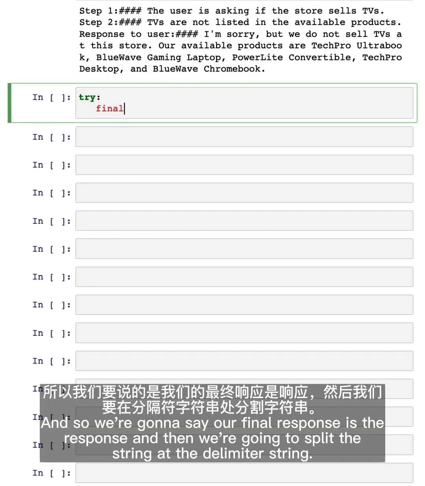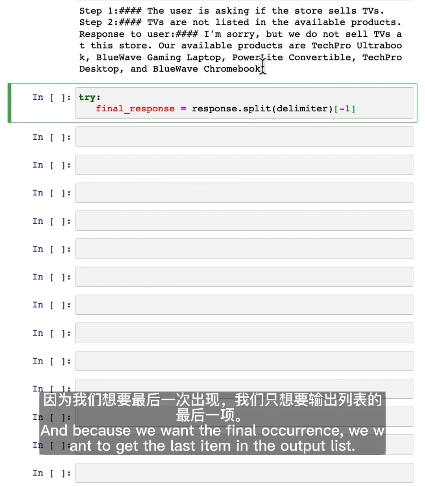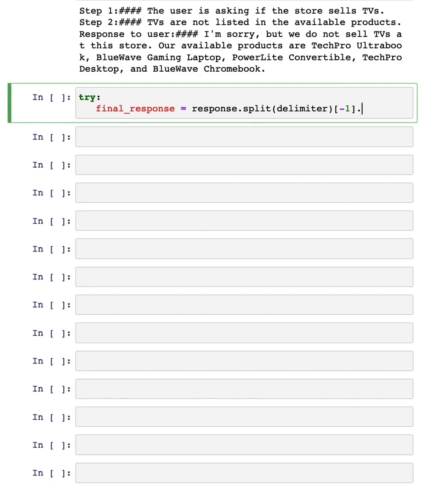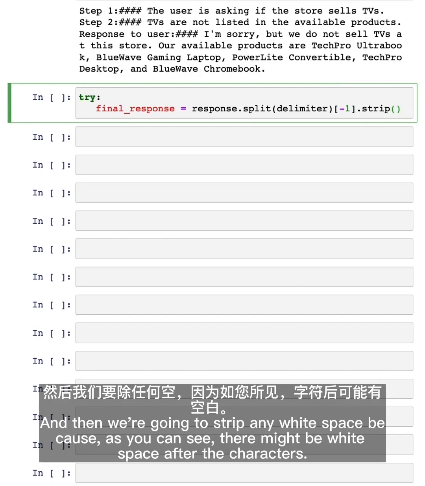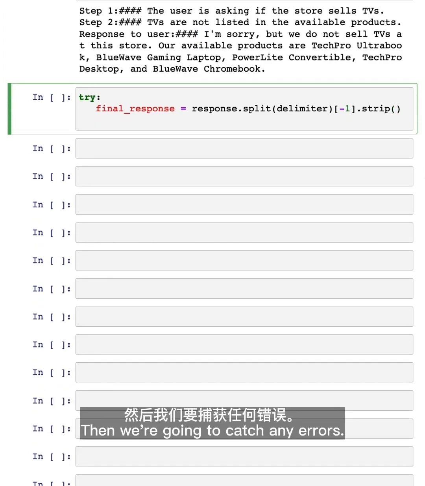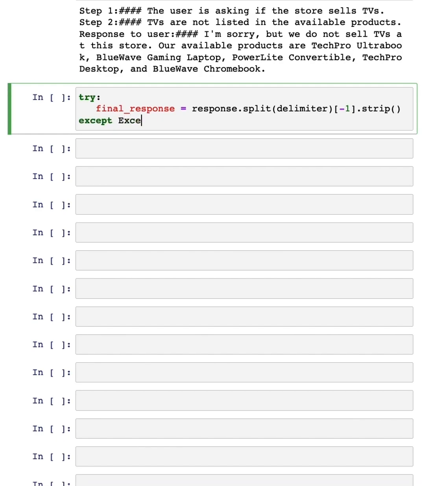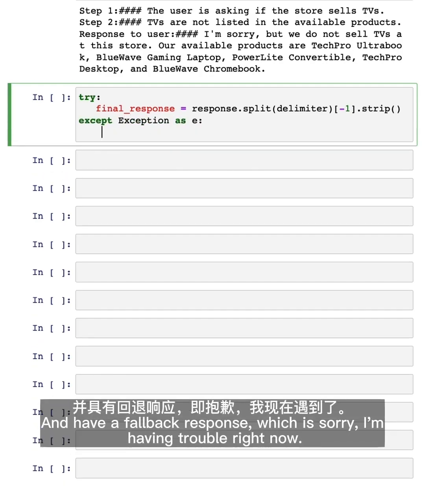And so we're going to say our final response is the response, and then we're going to split the string at the delimiter string. And because we want the final occurrence, we just want to get the last item in the output list. And then we're going to strip any white space, because as you can see, there might be white space after the characters. Then we're going to catch any errors and have a fallback response,